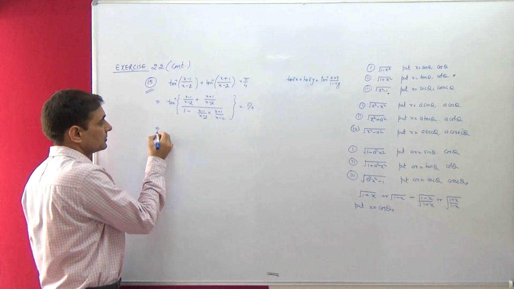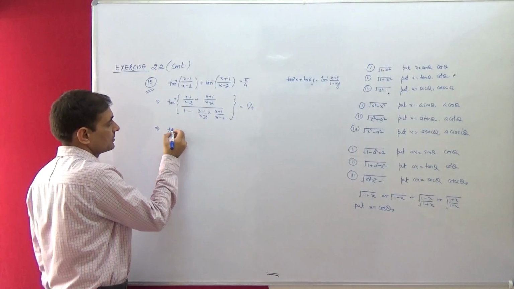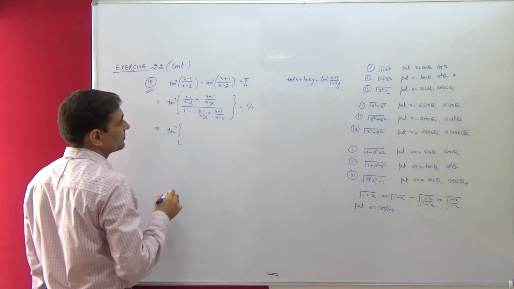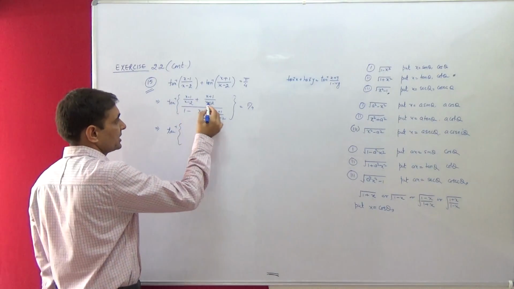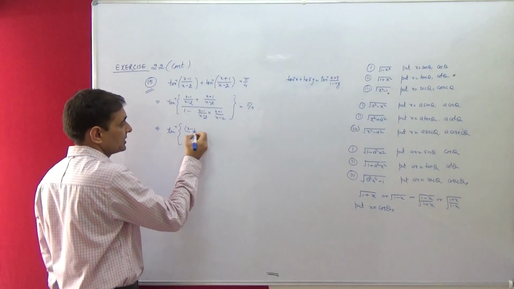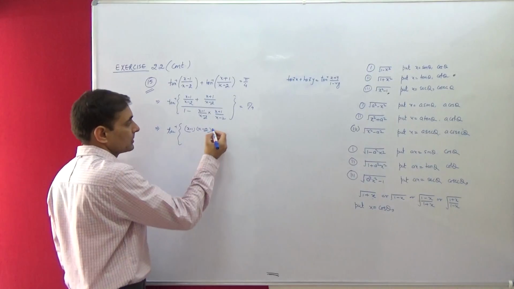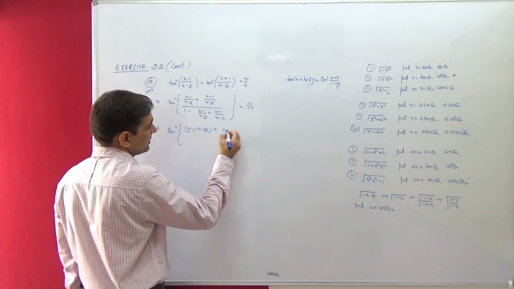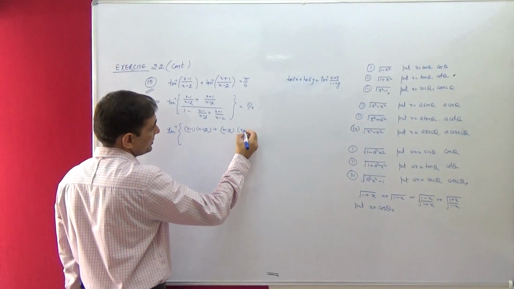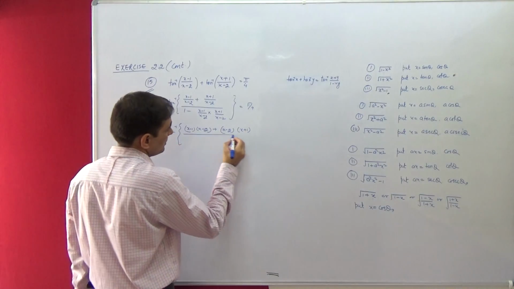This implies tangent inverse of (x minus 1) into (x minus 2) plus (x minus 2) into (x plus 1) upon,